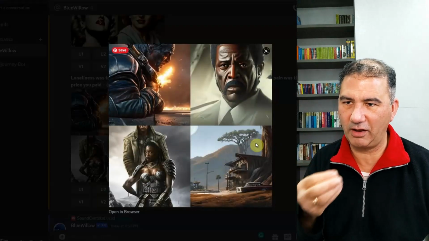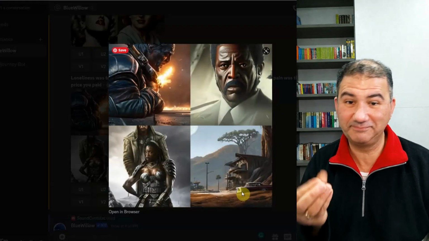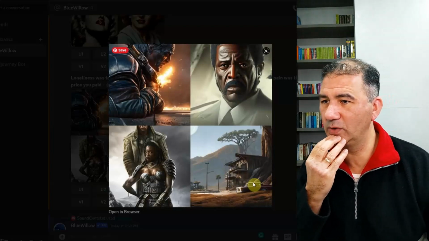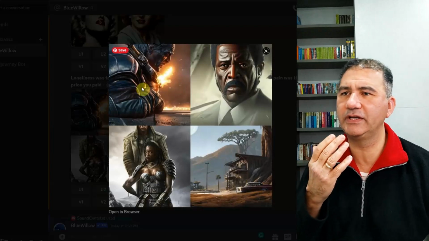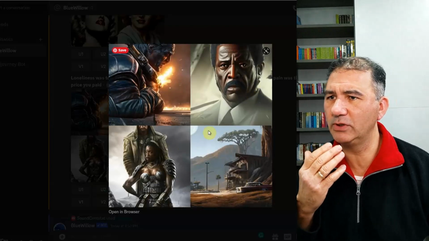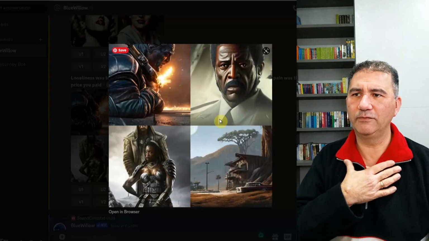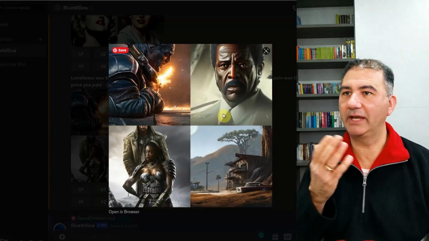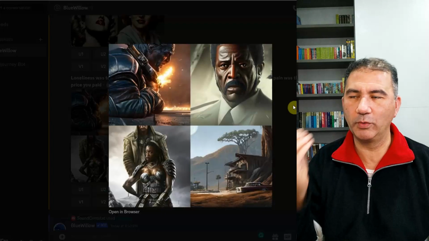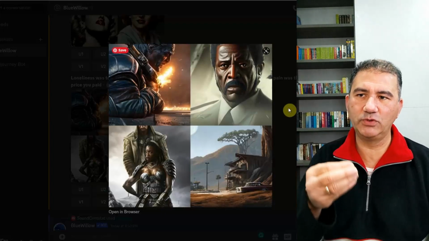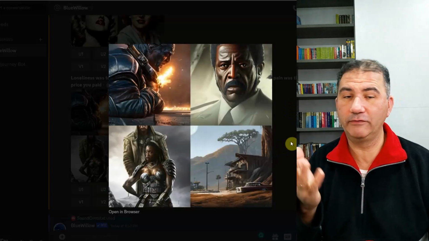This one looks more like a Hollywood movie set. So maybe perhaps that's what the AI bot was thinking about. We got some warriors over here. We've got this gentleman over here. I'm thinking maybe it's more of an army formal attire. Again, I don't know where it was coming from. But again, out of the 4, for me personally, I would choose number 4 to keep. I don't know if you agree with that.